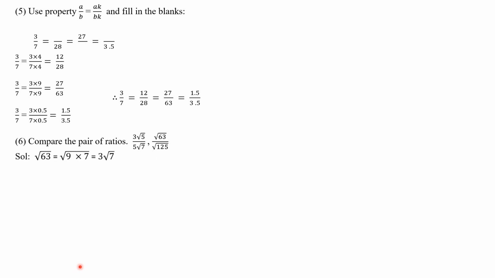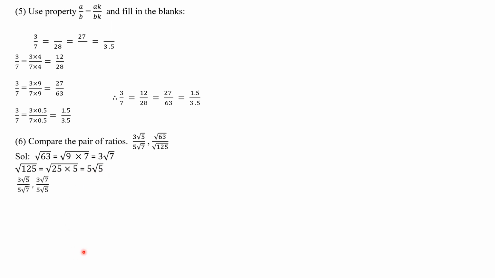So root 63 students I can write as under root 9 sevens are 63. So 9, you know square root of 9 is 3. So we'll take 3 outside and under root 7 because 7 is left. So root 63 if you simplify you will get 3 root 7. Okay. Then similarly we'll do root 125. So root 125 is equal to I'll write 25 into 5. So you know 25 square root is 5. So 5 will come out and root 5 will remain. So 5 into root 5 is simple form.